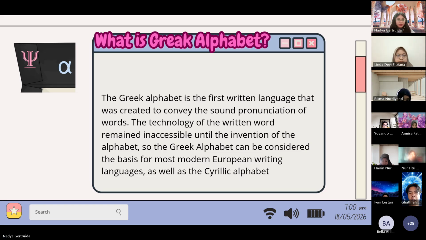Thank you, Nadia. The first one is where I will explain what is the Greek alphabet. Before we start, have you guys known this symbol? The color symbol with pink color is the symbol of psychology. When you color blue, like we have to learn mathematics, before we continue to explain the Greek alphabet,